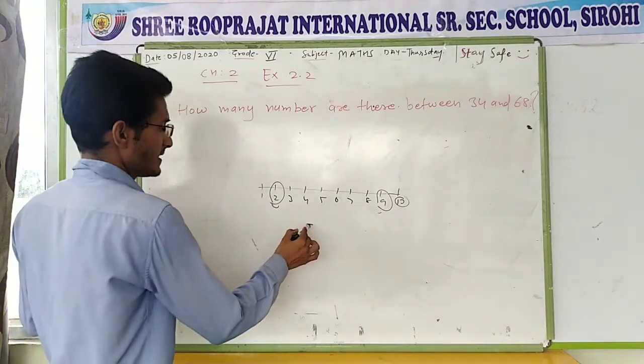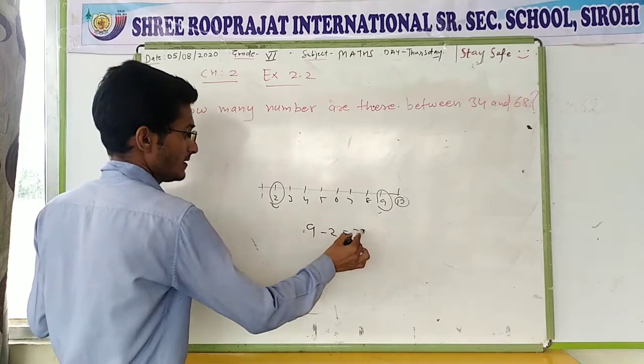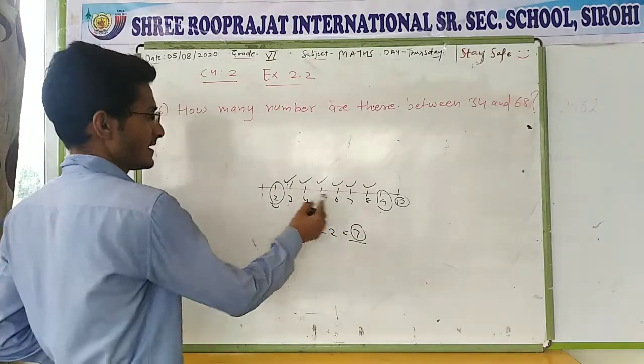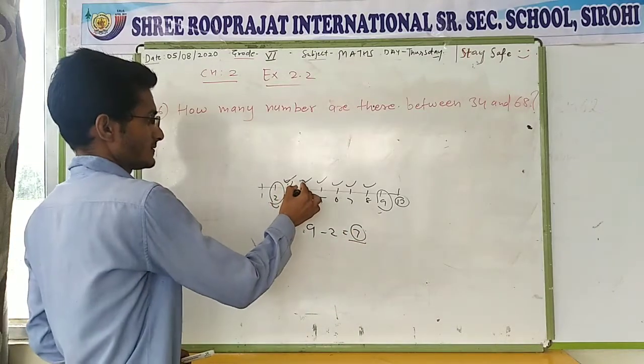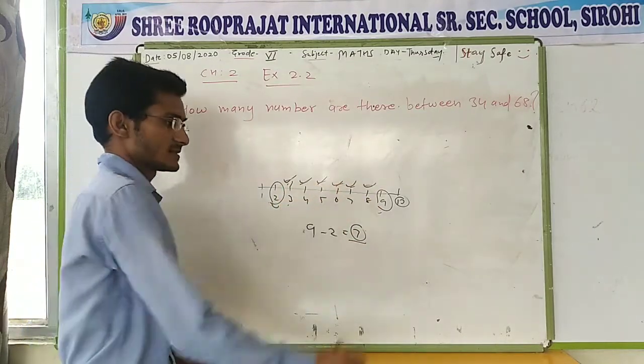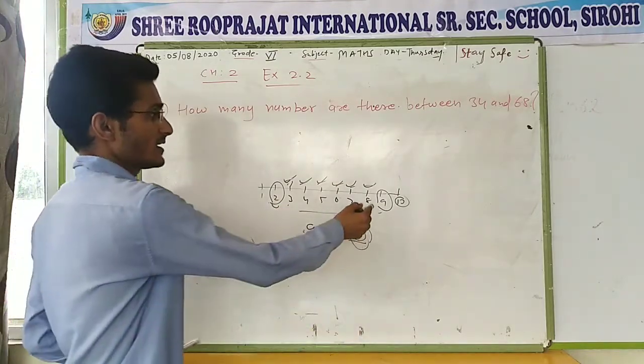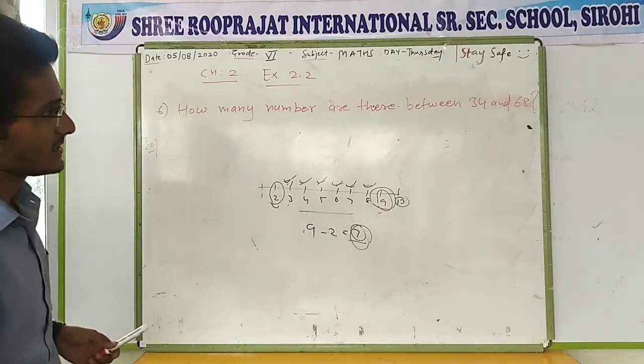If you just subtract, that means you are counting one extra. So if we count the number of students between second and 9, you can count 1, 2, 3, 4, 5 and 6. So only 6 students are there. If you subtract, you will get 7. That means you are still counting number 9. So same as it is here.